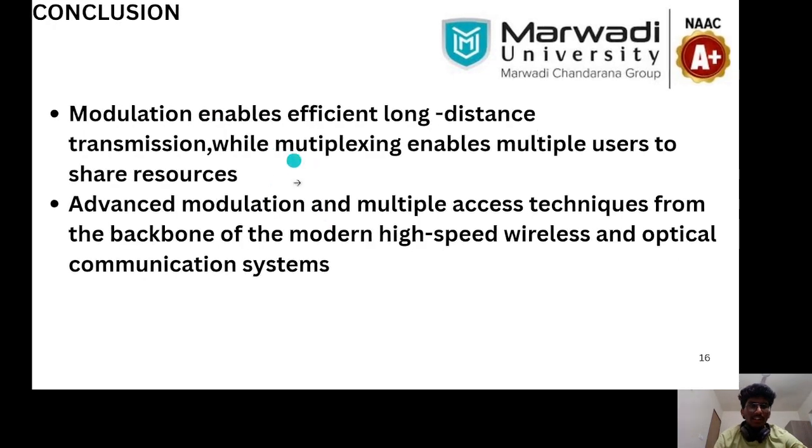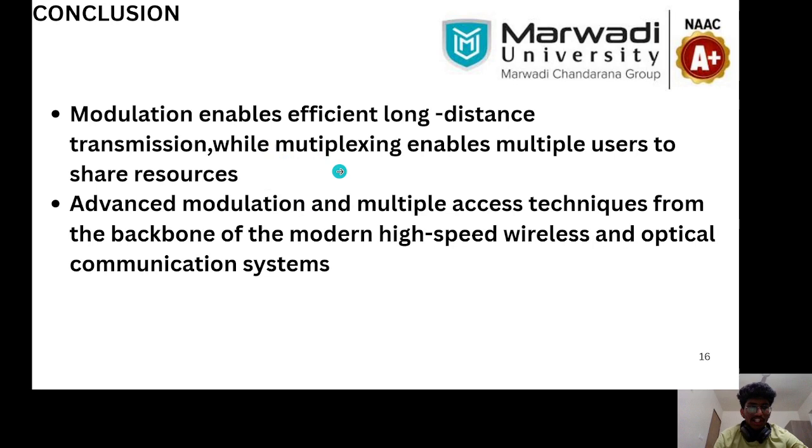And here is the final one, conclusion. Modulation enables efficient long distance transmission, while multiplexing enables multiple users to share resources. And advanced modulation and multiple access techniques form the backbone of modern high speed wireless and